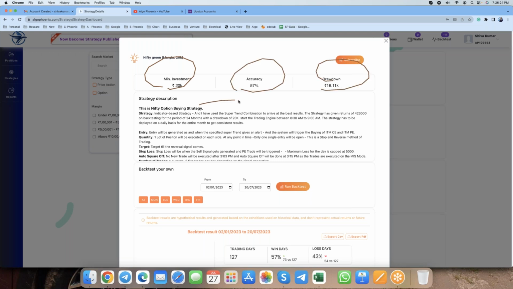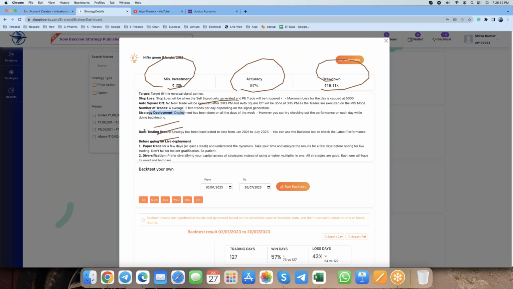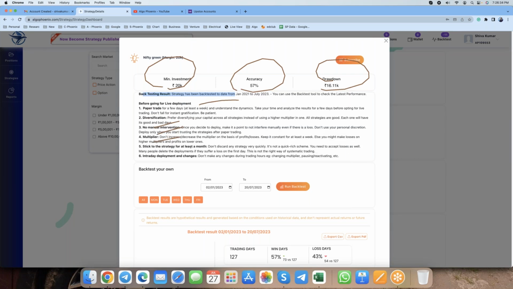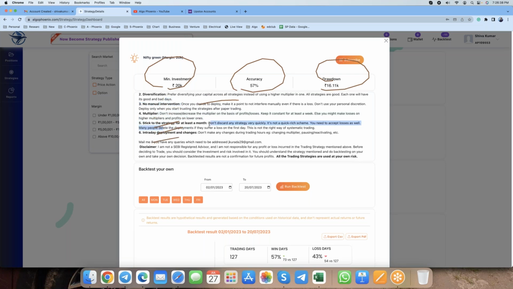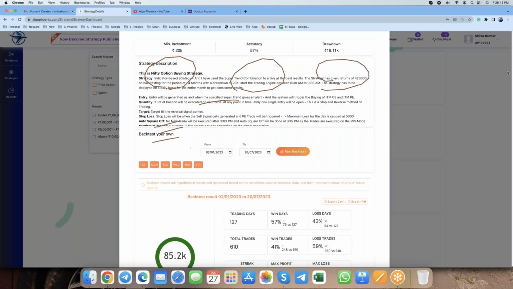You can read the description, entry, quantity, target, stop loss, what is the risk, what is auto square off, what time, number of trades, deployment, how do you deploy, what are the backtesting results, how much it fetched. Every description will be completely mentioned like this. You can read everything like this, and if you are happy enough about the strategy,